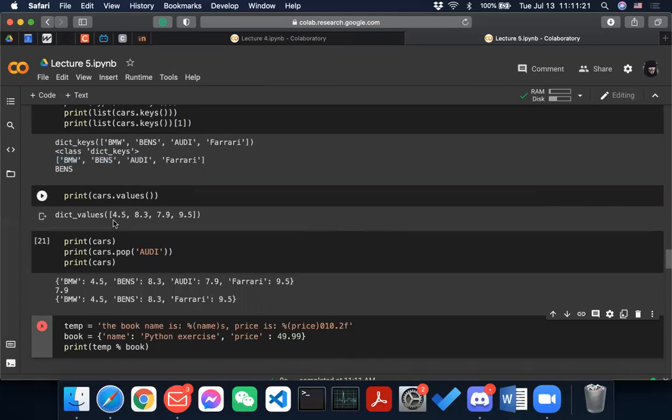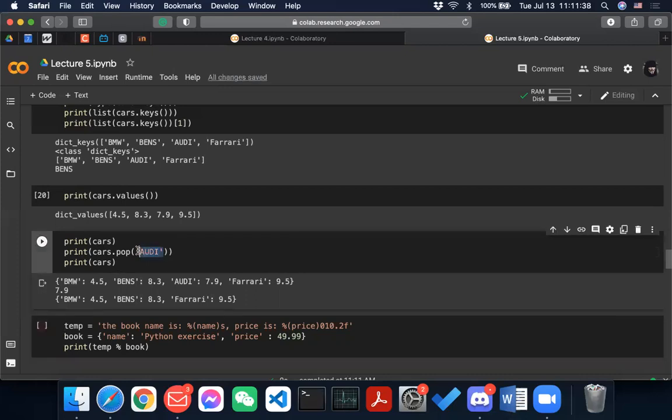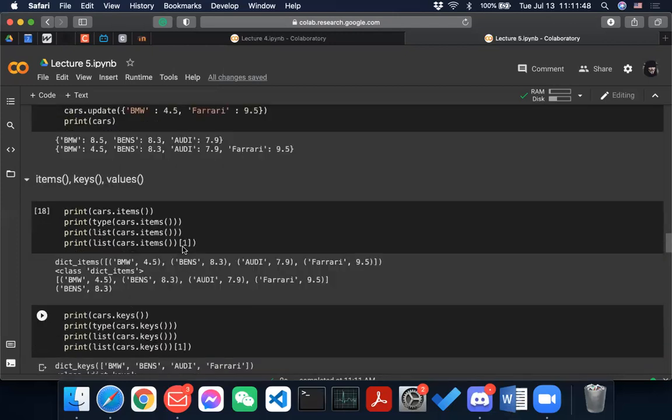So yeah, print cars, and then you actually have a method called pop, and you have to pass in a parameter called Audi, and you just do that, and the key-value pair Audi is now gone.